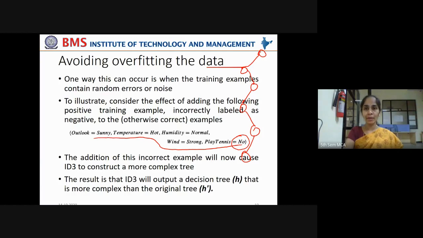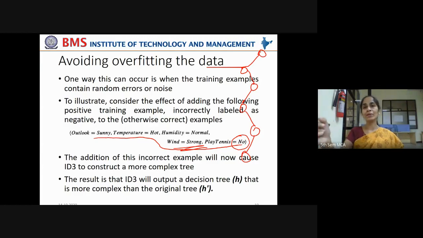Now what will happen? Your decision tree will further be extended. Actually, your decision tree for these 14 training examples has 2 levels. But in order to accommodate this noisy data point, it will extend the decision tree further to 3 levels or sometimes 4 levels. Your tree is growing complex. It is accommodating every possible combination.